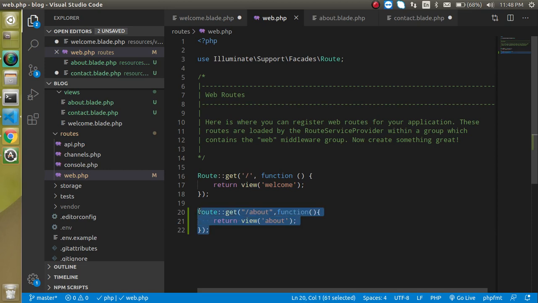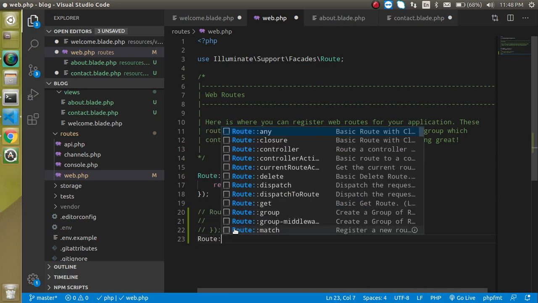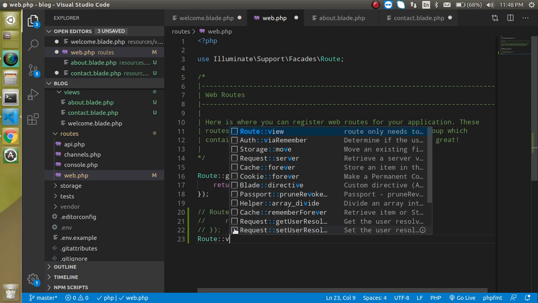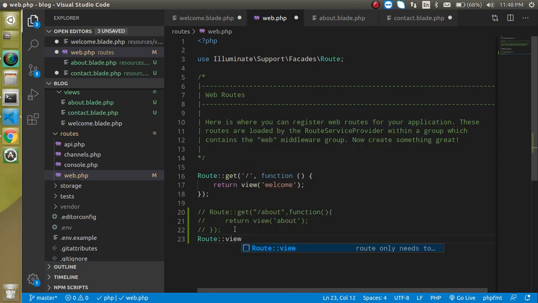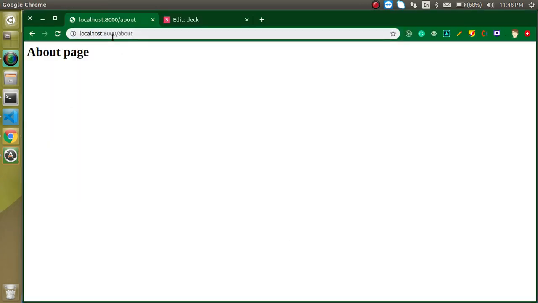So you can even use a small syntax for that. And what is the small syntax? You also call it the route short syntax. Use Route::view, then just use about, and in the second parameter let's put our page name. So the first one is the URL, the second one is our page name, and this is still working fine, right?